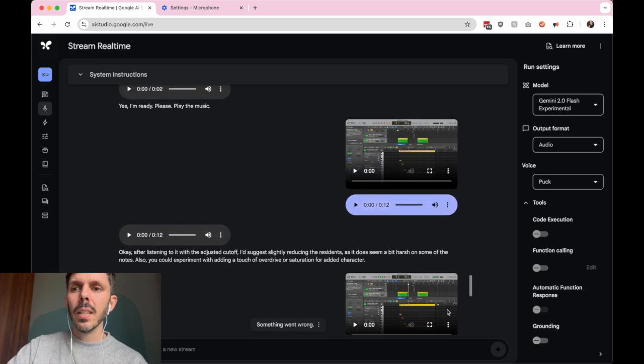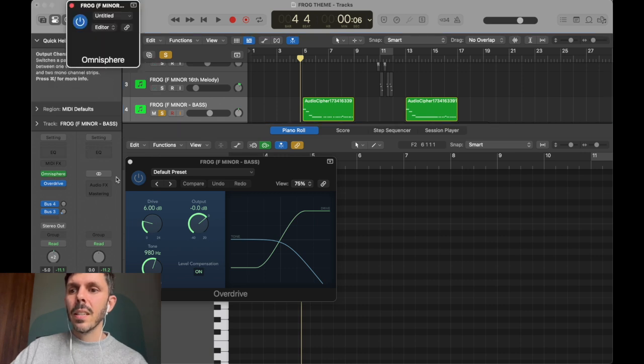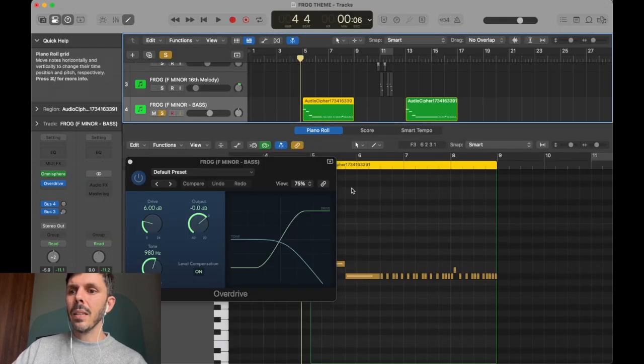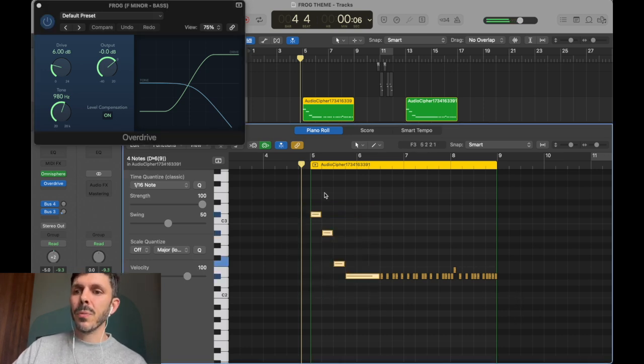So for example, if we go back to Omnisphere, if you were paying close attention, the resonance was already at 0 and it said that I should turn it down. It also suggested that the bass line ended with longer duration notes, and when I questioned that, it then pointed out, oh no, that it was actually the beginning of the bass line that had longer notes, but it did detect the descending pattern and the repetitious bass line. So it seems to understand some things and not others.